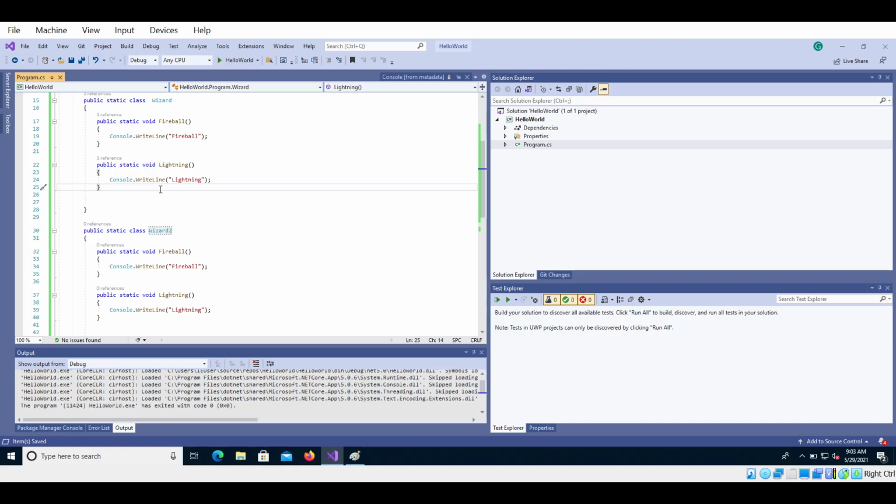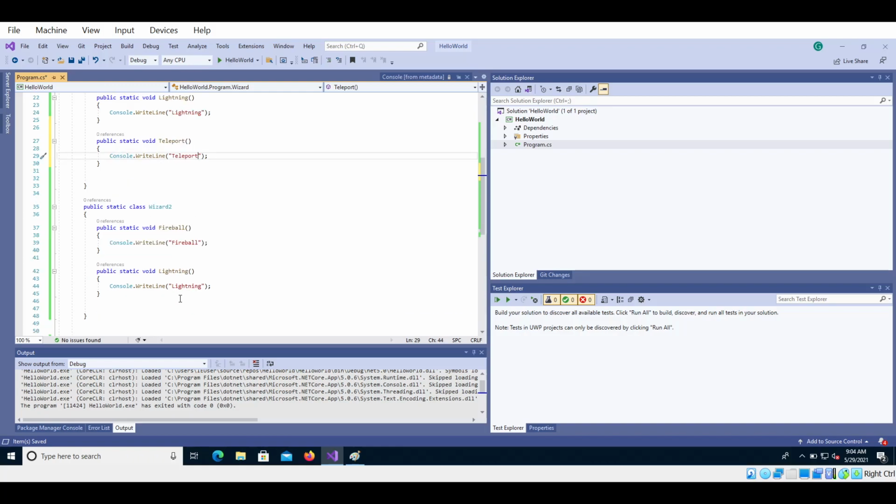But what if I define something like we talked about maybe define something like teleport. Okay, but now I need to copy paste this here and